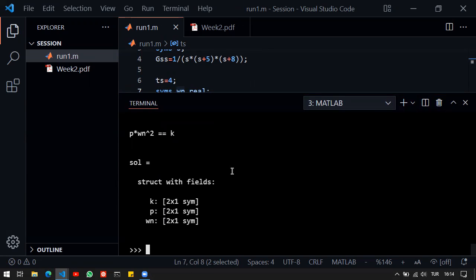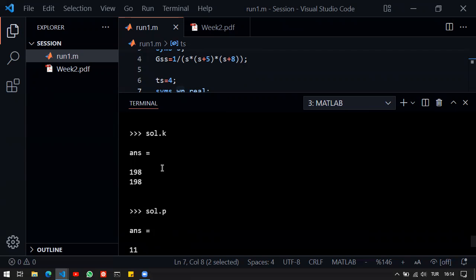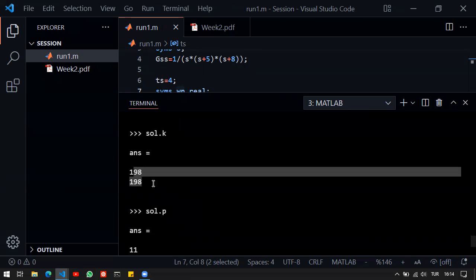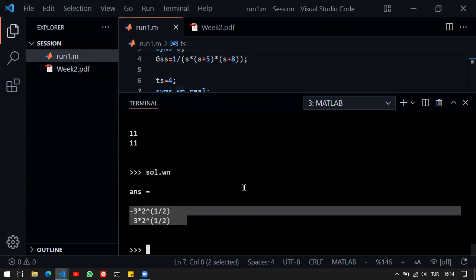So you can see there are two solutions. And since this is a struct and I've saved it in the variable sol, I can use the dot operator to access each field. So sol.k gives me the k values. Sol.p gives me the p values and also the omega n values. Now you can see that the p values and k values are basically identical, but we have some symmetry in